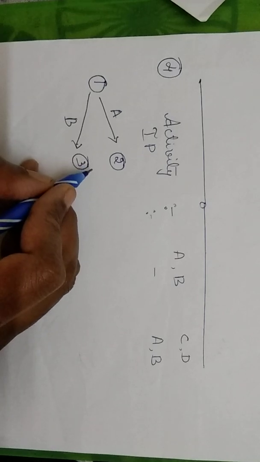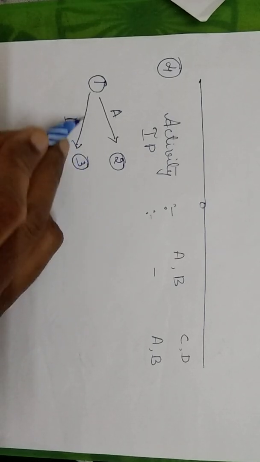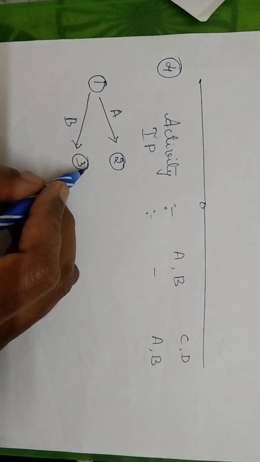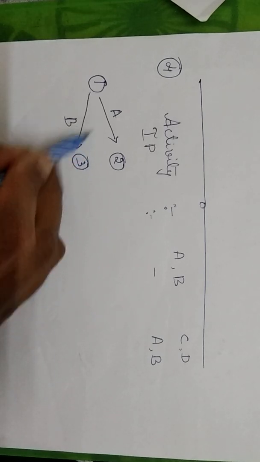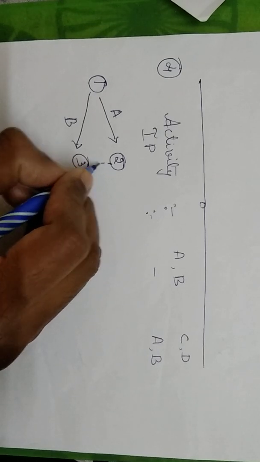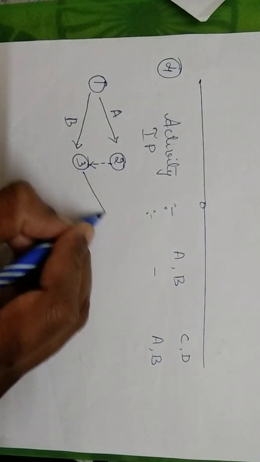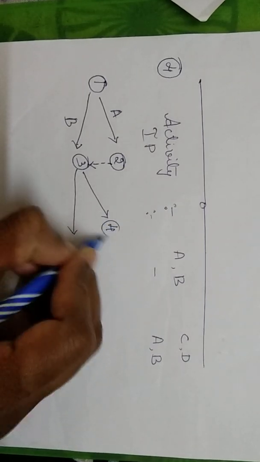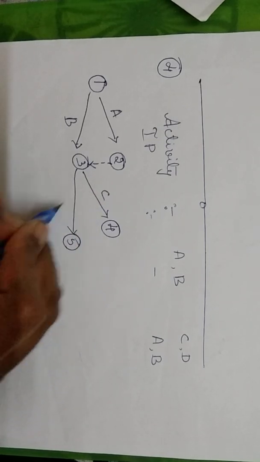So here, if you observe, if I draw a line from here, your immediate predecessor will be A. Now hypothetically, if I draw a line here, correct, I have to complete both. So what I should do is draw a dummy line like this. So now I can say that both are completed, correct. So here it will be C and D.